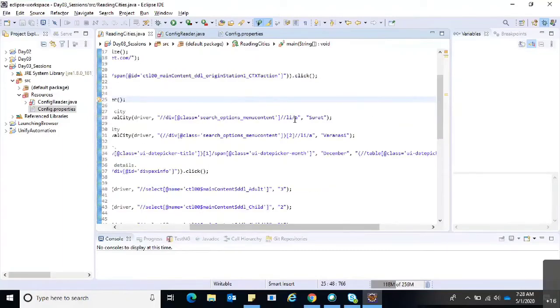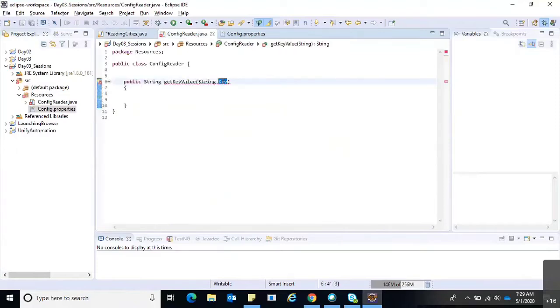For mentioning the Surat value, I call getKeyValue of the key, that is departure city. So we should mention the key value here, that is departure city or arrival city, and according to this key value it will fetch the results. That's why I mentioned the argument here, that is String.